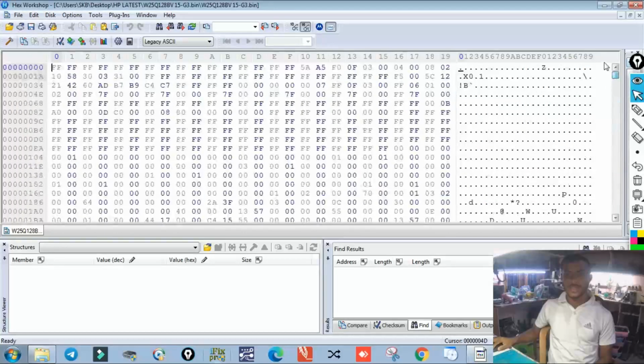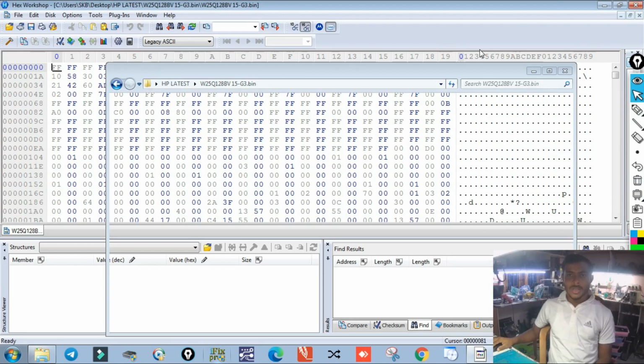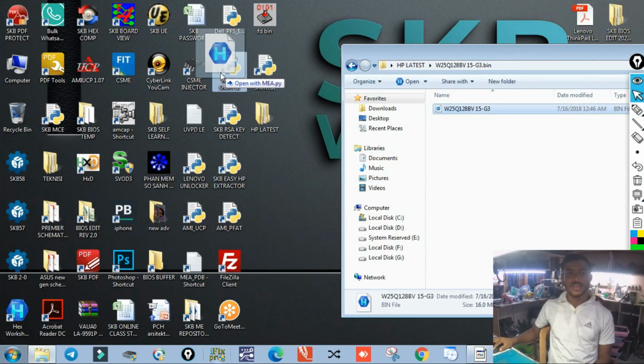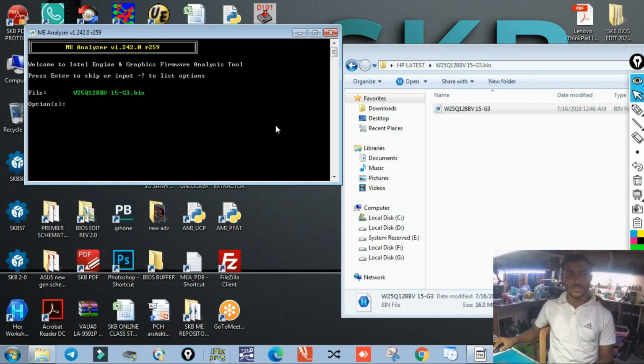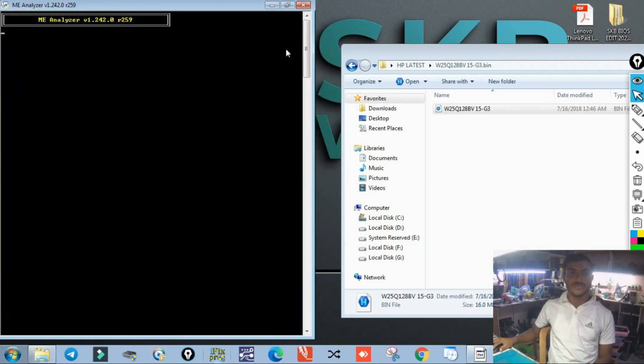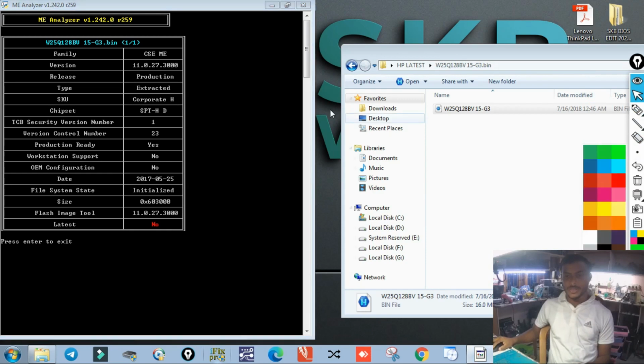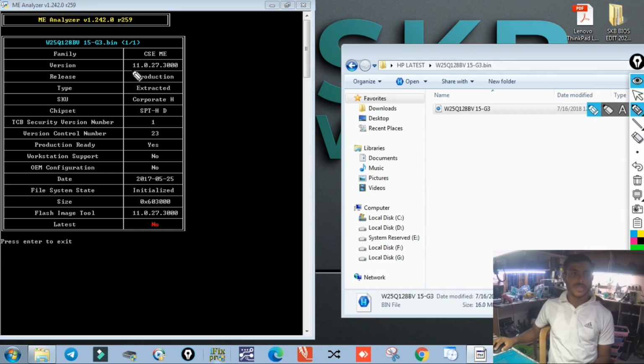Since it is the 16 MB, it means it is the Intel family, the Intel Management Engine is present in this BIOS, correct? So let me close these things and check over here which CSME belongs to this BIOS chip. Before editing any BIOS, not only HP but every model, Lenovo, Dell, Toshiba, Samsung, whatever else, you need to confirm what your ME version is. So I just confirm here the ME version is